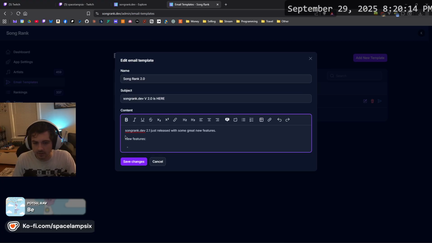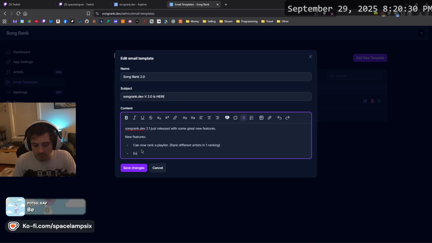Okay. New features: you can now rank a playlist, and rank different artists in one ranking. Explore page UI revamp.